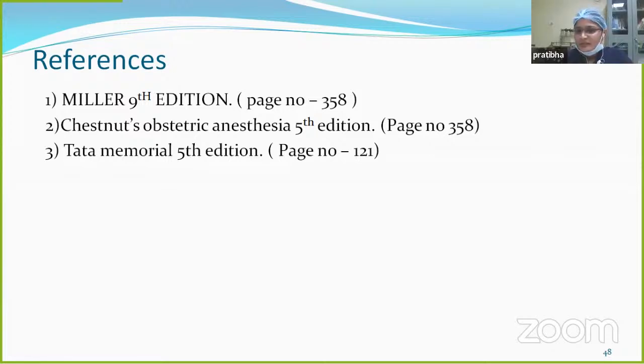It's HELP syndrome. Abbreviation of HELP: hemolysis, elevated liver enzymes, and low platelet count, ma'am. How do you know this patient developed HELP syndrome? Any parameters? Thrombocytopenia, and